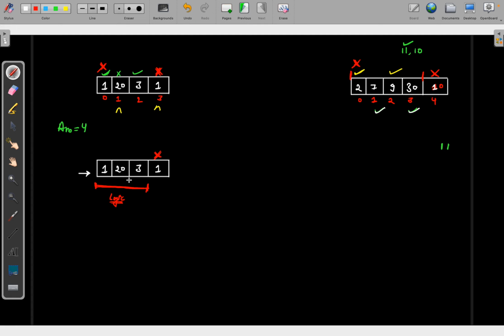And what I will get as a maximum by this logic is 20. My answer will be 20. And one answer can be 1 into 3, that will be 4. Which is greater? Here 20 is greater. But suppose, because you are ignoring the last one,